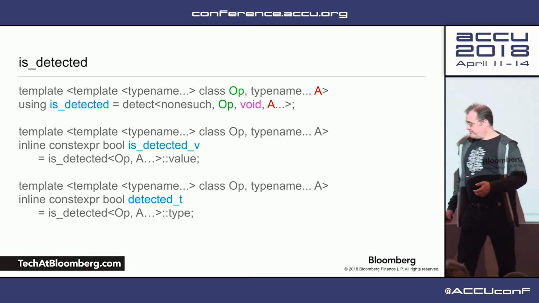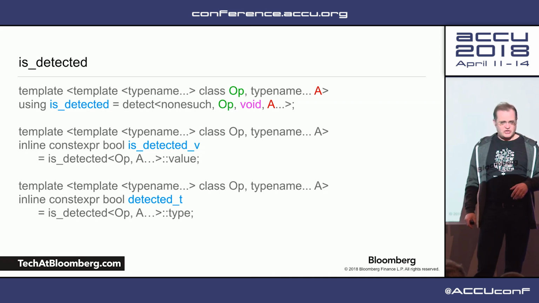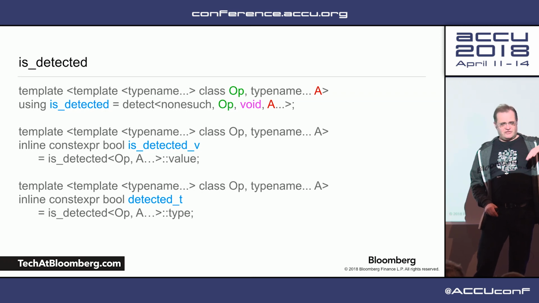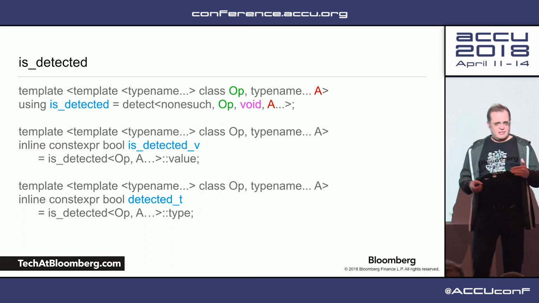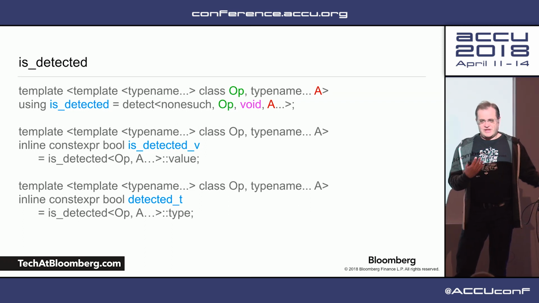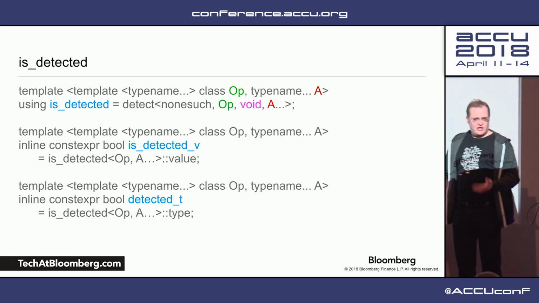And detected T, and so this is not a using alias, this is actually an inline const expression. Inline const expression, really useful. It's basically defining a global variable in every translation unit to include that thing in. But because this const expression is kind of okay, because this variable is not really that variable, it doesn't actually change. And then detected T gives us the type of the